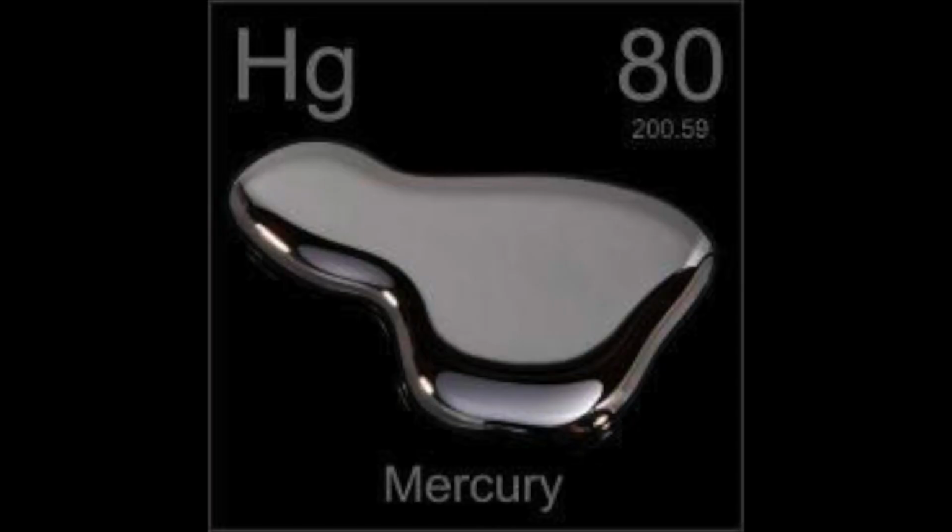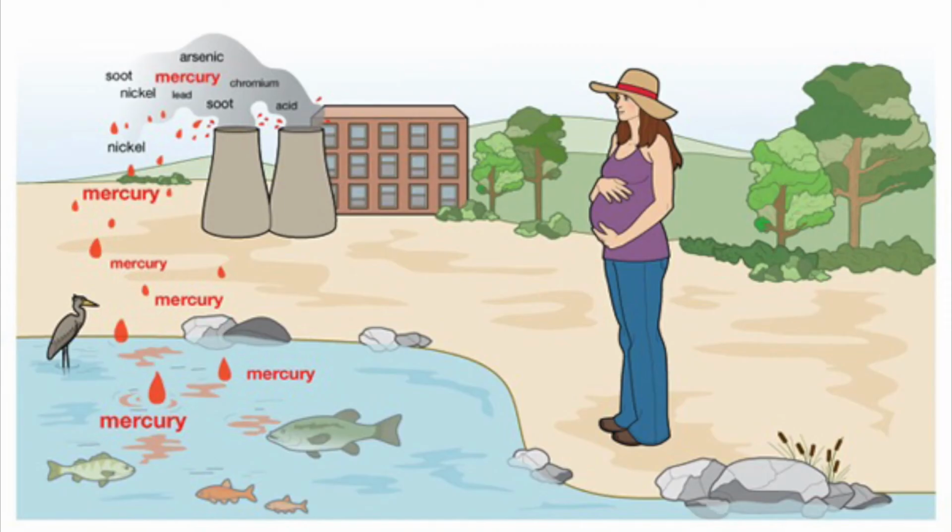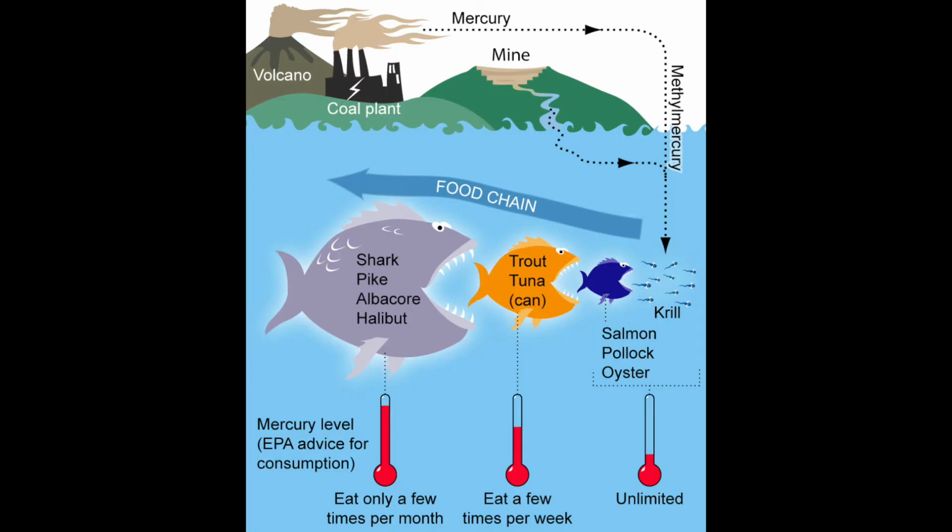In soil, it can change into methylmercury, which is highly toxic, and can bioaccumulate in the brain, heart, and kidneys of vertebrates. In humans, methylmercury can be absorbed in digestion and enters the blood, is stored in the brain, affects nerve cells, heart, kidneys, lungs, and suppresses the immune system. In fish, methylmercury levels depend on their diet, their life span, and how high they are on the food chain.